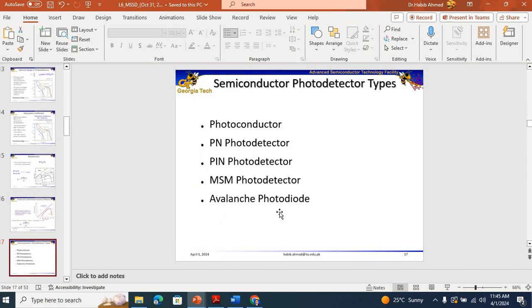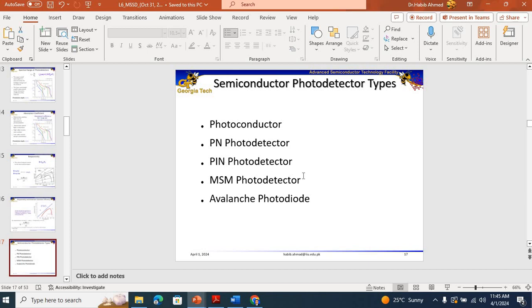Also, there are various types of photodetectors, which are photoconductor, PN photodetector, PIN photodetector, metal semiconductor metal photodetector, and avalanche photodiode. But today's simulation is going to focus on various materials based PIN